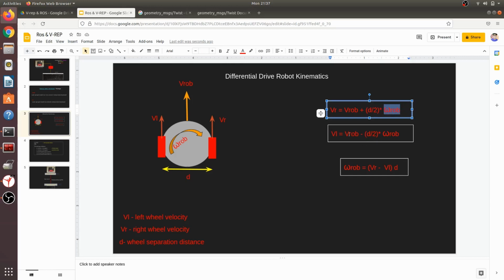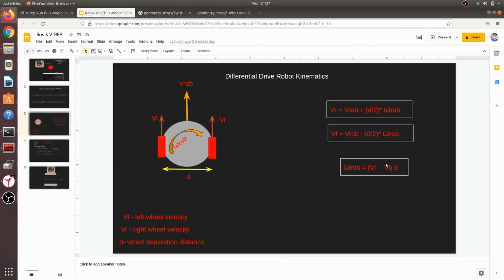In the same way, this is the velocity for the left wheel. Minus is there because right is somewhat plus and left is somewhat minus. I won't be going into so much depth of kinematics, but we need to understand this formula.